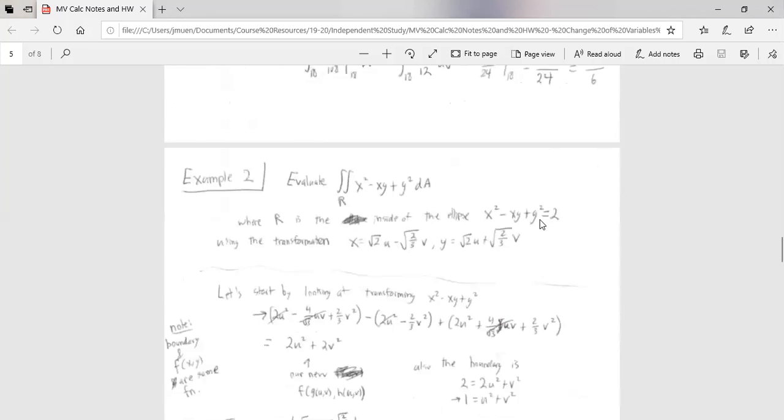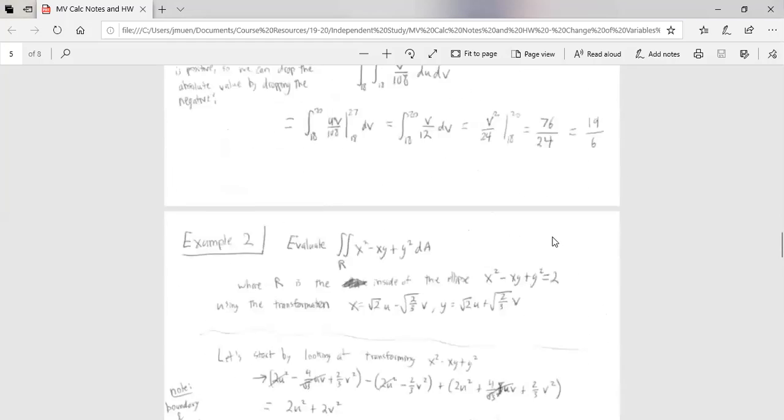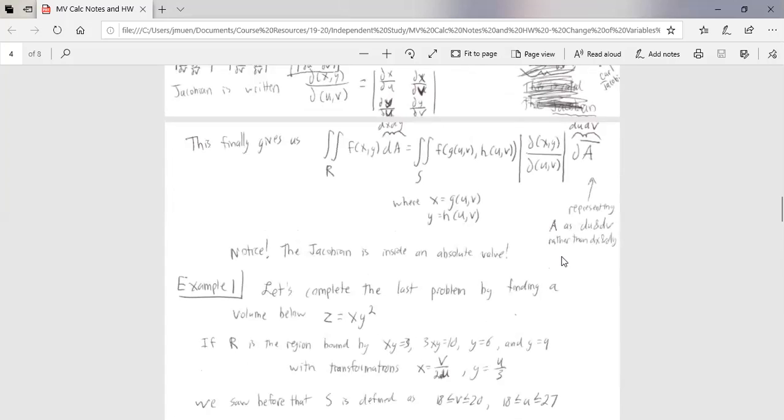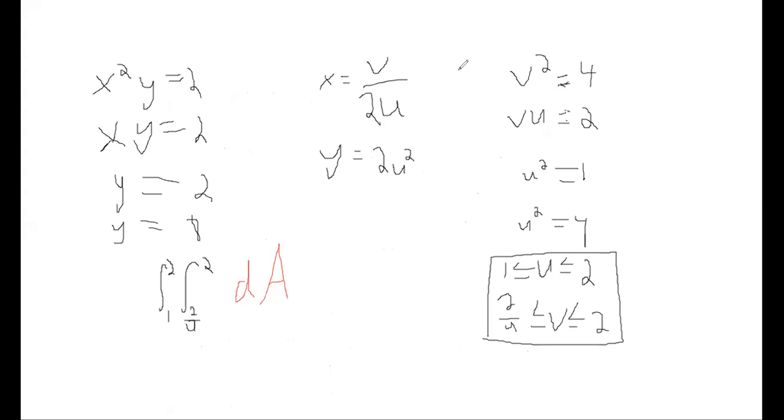Let's return to that first example I did, and then we'll run through a few more here. I've got 3 more examples to go through. But let's go to that first example I had on the marker on the whiteboard. So let's return to this. This dA needs to be replaced with this. So I'm going to have to work over here. So it needs to be replaced with essentially,